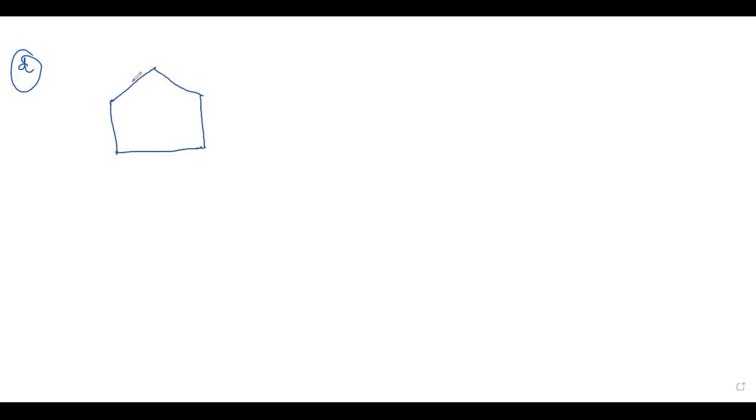See how many sides are there? 1, 2, 3, 4, 5. It is the pentagon. That is a regular pentagon. Why is it called regular? All the sides are equal. If all the sides are equal, all the angles will be equal. So it is a regular pentagon. So just now in the previous sum we saw that the total sum will be 540. Okay.